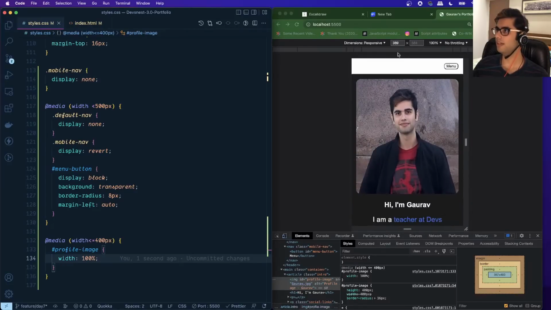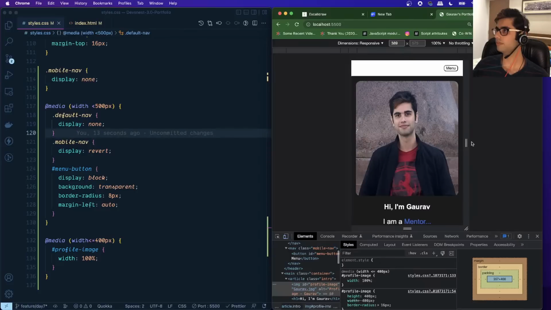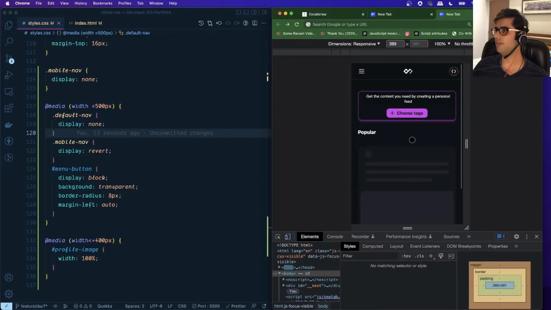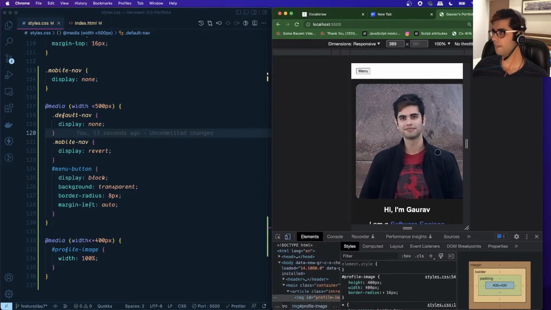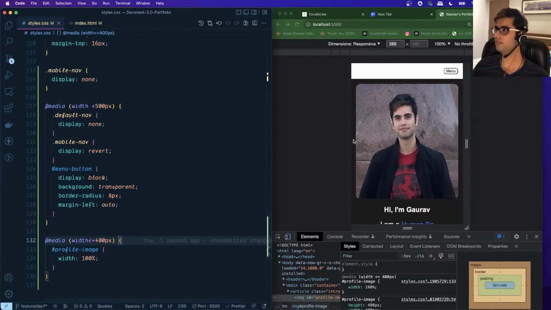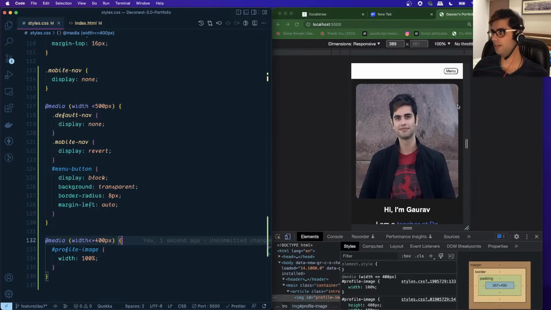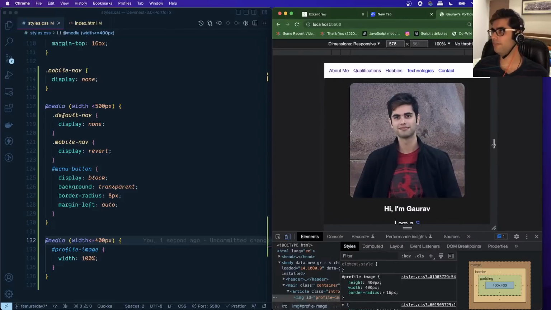Everything is appearing properly. Let me zoom the screen. And you guys can see that we no longer have a horizontal scroll over here. Let me save this. Yeah, so the horizontal scroll is gone. So it was appearing because of this image, and this image will have dimensions of 400 by 400 in